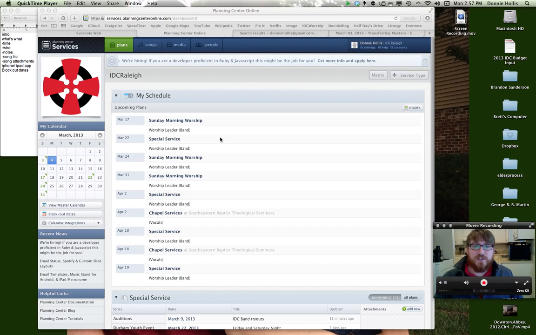So as you can see here on the screen, this is Planning Center, and you can access it from any computer. There's no software you have to download or anything, which is pretty neat. There's also an iPhone app or an iPad app and probably some Android stuff out there too, if you so choose to use that. But this is the layout, and over here on the left side,